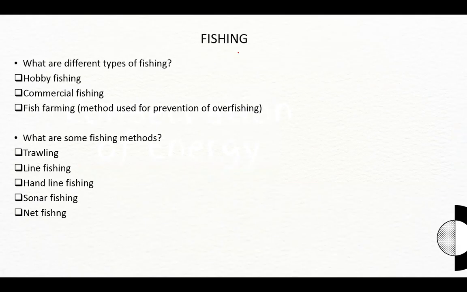Then we have fishing, so any different types or different purposes of fishing. We have hobby fishing, so you do it for fun. Commercial fishing, which is done on a large scale to supply food chains. And then we have fish farming. Fish farming is a way to sort of prevent the overkill or the overfishing that is done for commercial purposes, right? Because for commercial purposes, let's say